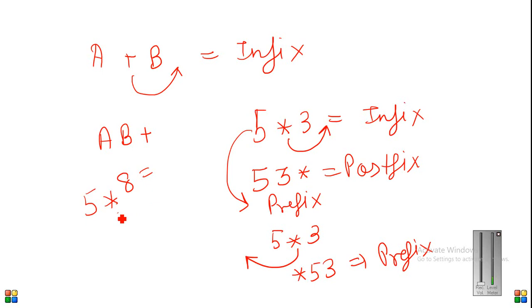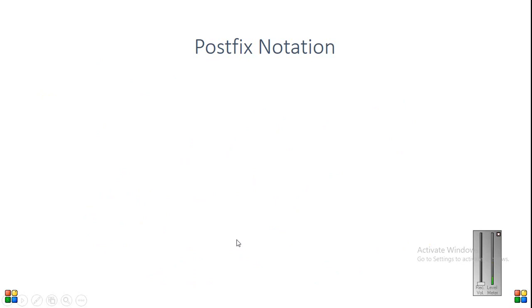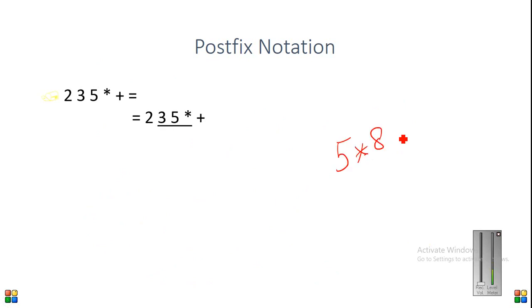This is infix because to the left and the right there are operands. So when I write this star to the left, that means previous to 5 and 8. Previous means pre, and fix is common. Similarly, 5 into 8. When I move this here, 5 and 8 come together and then the star. So again 5 multiplied by 8 is infix. When I take this star here, this becomes a postfix expression.